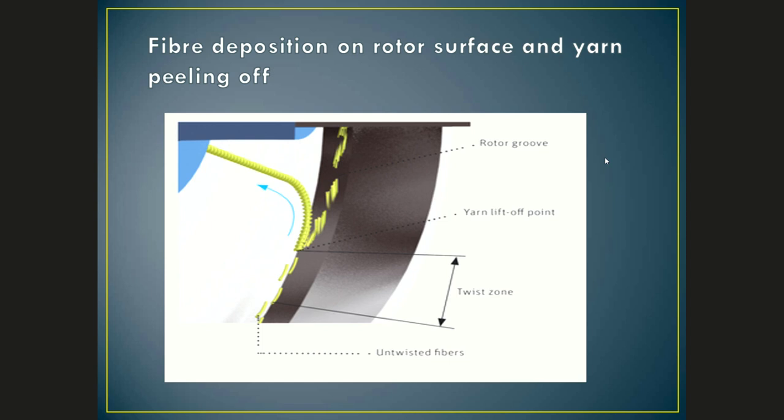But the fiber which is on the rotor surface will be pressed by the centrifugal force, so that there is control over the fiber due to the centrifugal force. But the part of the fiber which is still in the transport tube, my category 2, has no control. So what is going to happen? The moment this yarn is picked from this point,